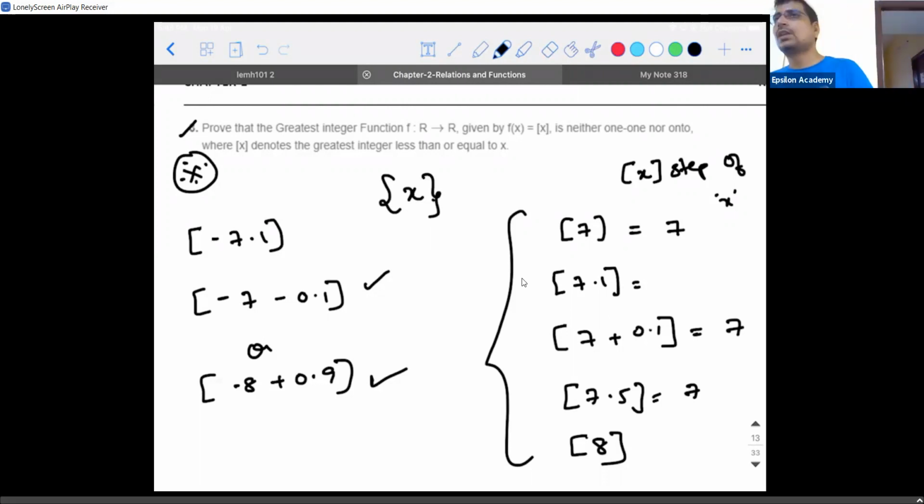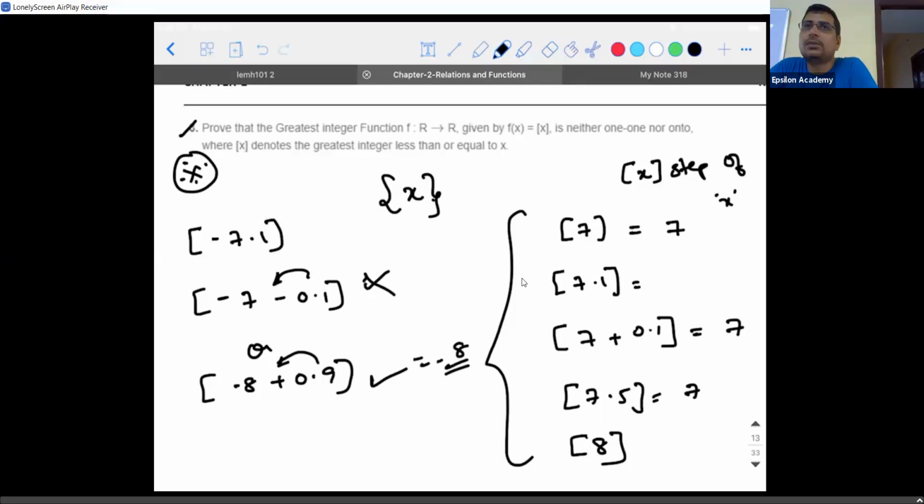So whenever you are trying to find the greatest integer, the fractional part should always be positive when you are finding the greatest integer function. So in which case is the fractional value positive? The second one. Because 0.1 here I wrote as negative, and here 0.9 I wrote as positive. So I need to take the second one and not the first one. Out of minus 8 and 0.9, which is the greatest integer? Minus 8.